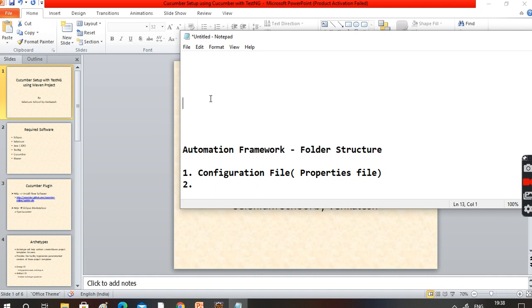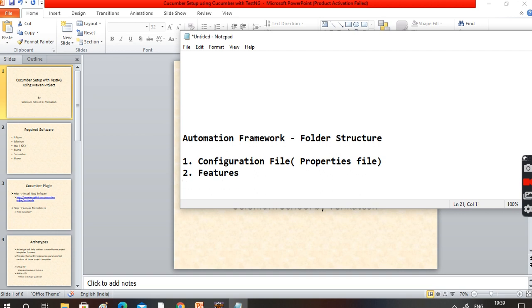I am going to explain this particular session using English. What Gherkin language is and how we are going to write it, I will come to that. To create this Gherkin scenario, we need a feature file, and only in the feature file do we write it. So I am going to create one folder, features. The next one is the step definition, which I am going to create.